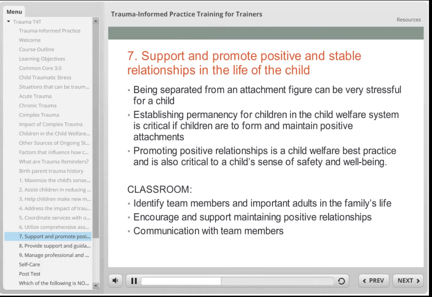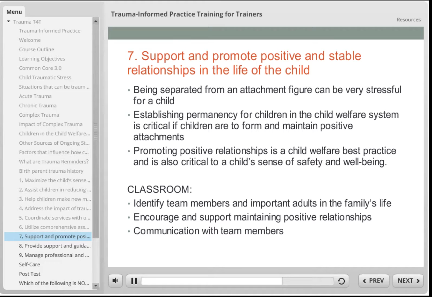Some ways that this can be highlighted in the classroom include encouraging social workers to work with the family to identify members of their safety network. Tools that social workers can utilize include a safety circle, ecomap, or genogram. Challenge stereotypes and bias about families involved in the child welfare system. You may sometimes hear comments like, "The apple doesn't fall far from the tree." It is important to identify this as a possible bias and provide a different perspective, such as the importance of